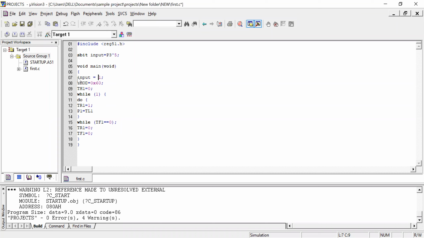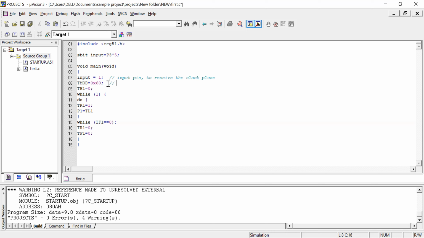Here you can see this particular pin we are making an input pin to receive the clock pulse. Always configure the port pins depending on your application, whether input or output. You should do that initially, so initially I'm doing that.